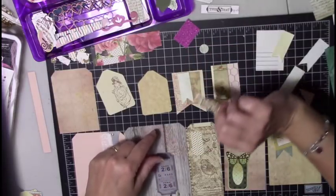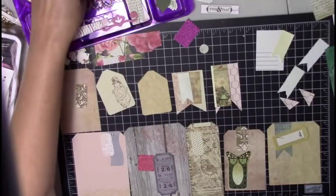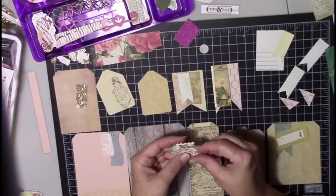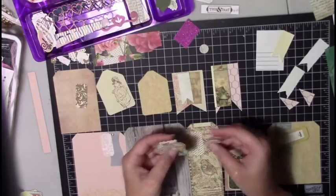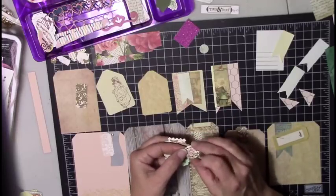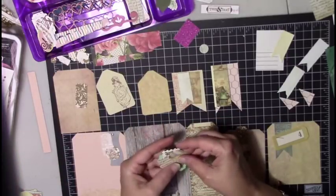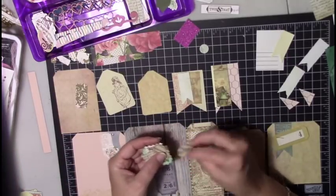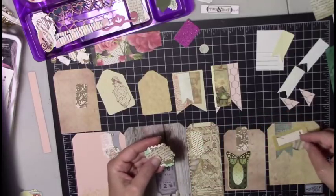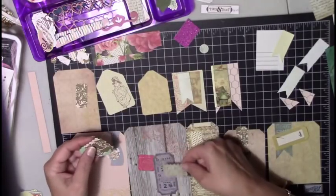And this is just the way I do it. I just kind of run around like a chicken with my head cut off and see what I can come up with. Like I said, these are all little tidbits that, if I have a little piece of paper that I really like, I will grab a few things and cut out stuff. I kind of save all of my small dies. That's pretty on there. I kind of save all of my small dies and work with them. You know, when I find something I like,